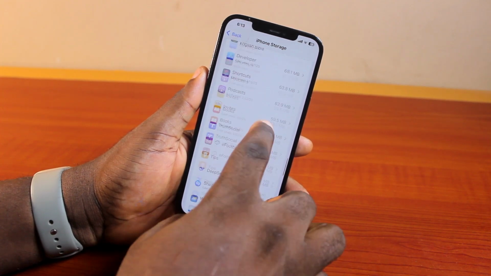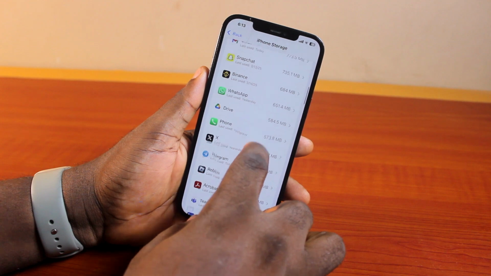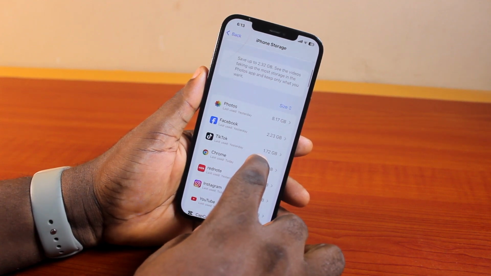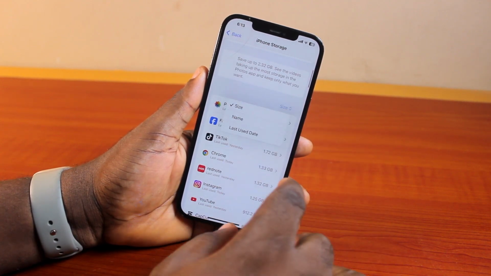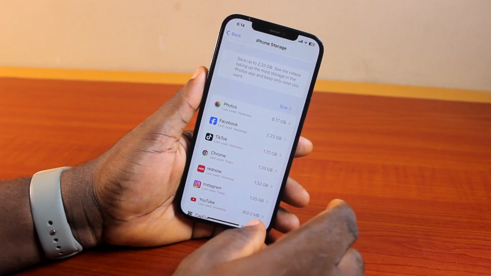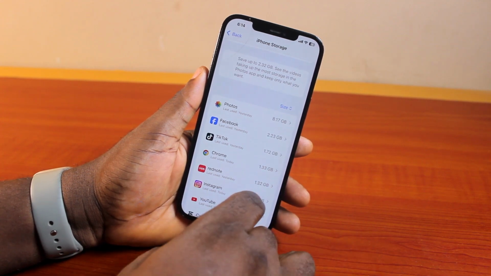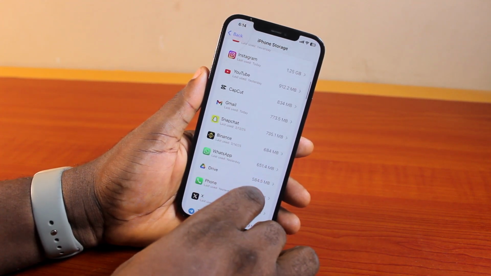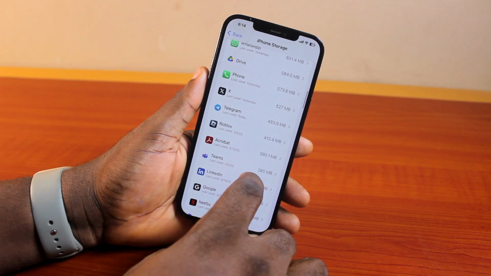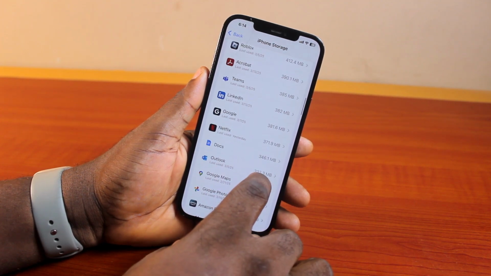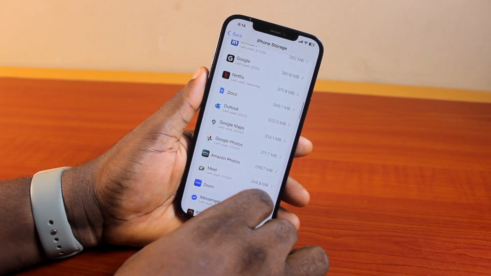Mind you, if you want to delete applications by size on your iPhone, all you need to do is come here and click on size. So sort by size. Then this is going to sort the apps by size on your iPhone. Now you can go ahead, click on the application you want to delete, and then hit the delete button